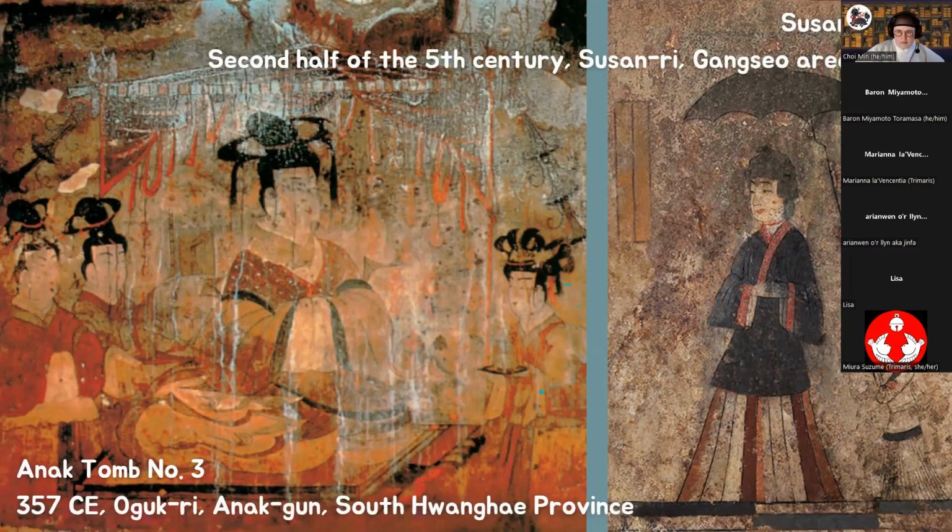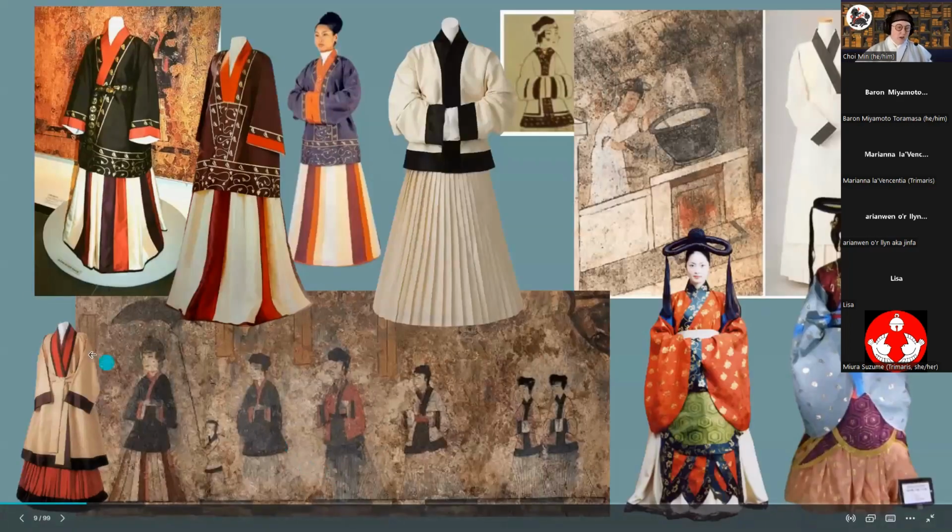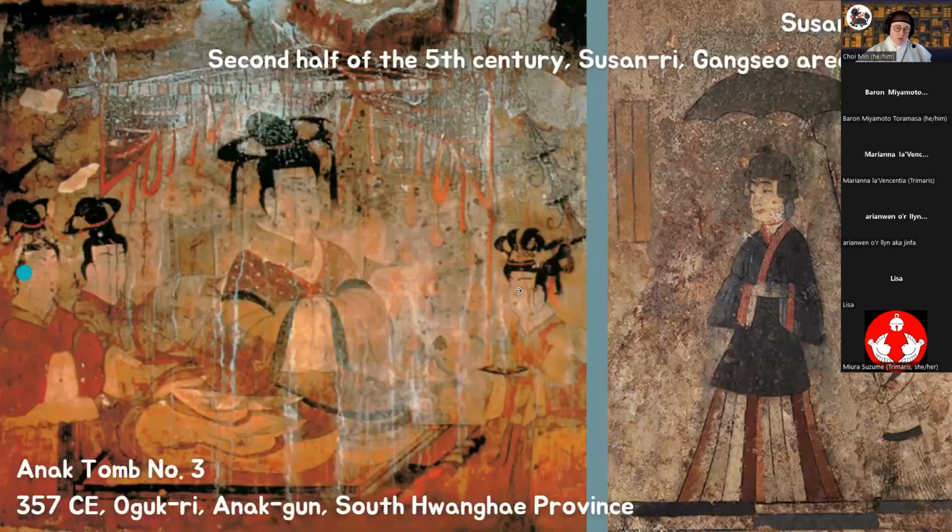I need to have more research on that to give better context. But basically, that's the gist of it. So here we go. Here's that picture again on the right. There's a ton of reproductions of this dress. People really like it. You can't really see it when you zoom in, but if you look closely, you can see little specks of gold leaves as the decoration, and they go down the front.